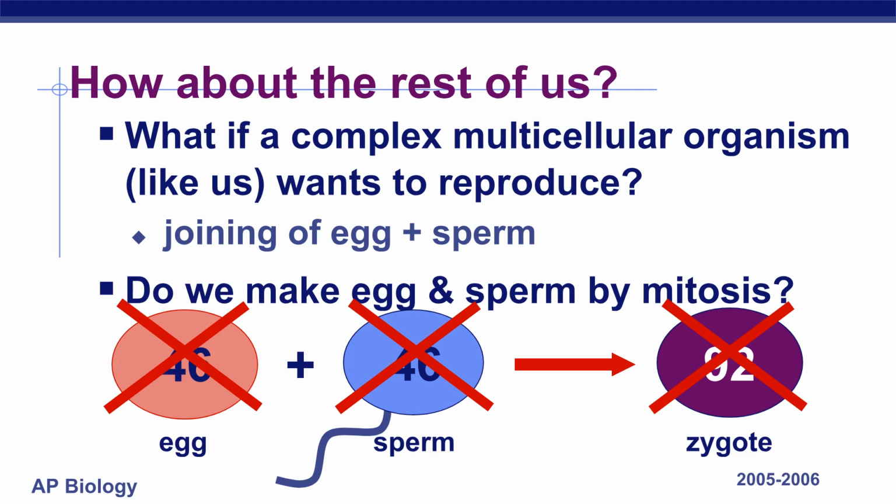Sexual reproduction involves the joining of an egg and a sperm. The crucial question is, do we make egg and sperm by mitosis? If we used mitosis, a 46-chromosome egg combined with a 46-chromosome sperm would result in a 92-chromosome zygote, which is